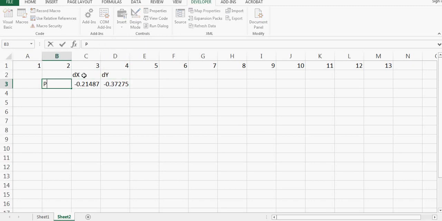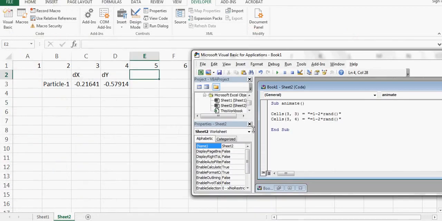And this is particle 1, right? So I have steps now. Now once I have the step, how can I have a walk? The walk and steps are different, because once you take a step, you don't go back to reverse that step, you take an additional step. That's how the walk will be. So what I need to do is keep adding this step up. So how will I do that?